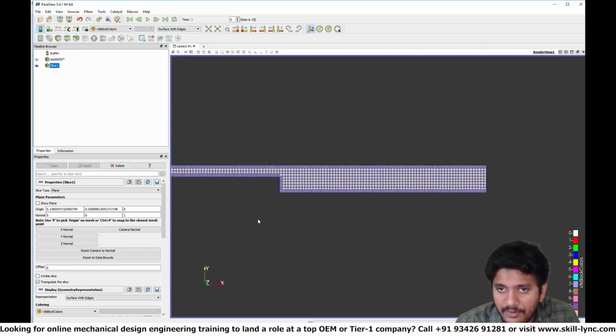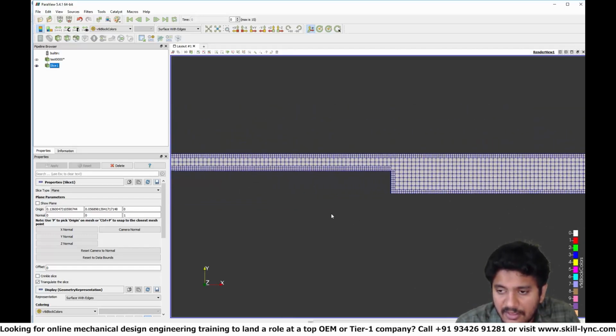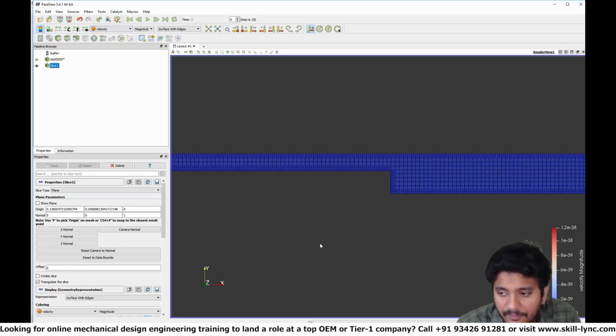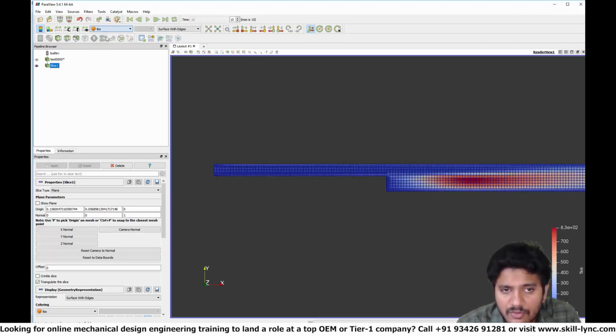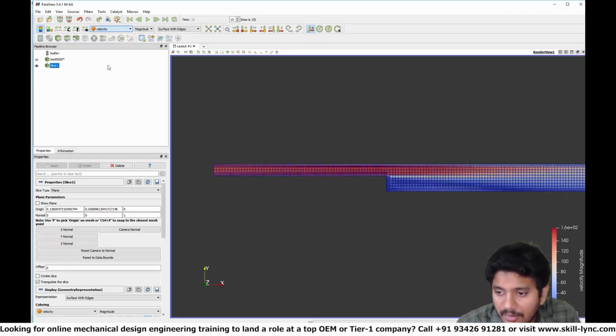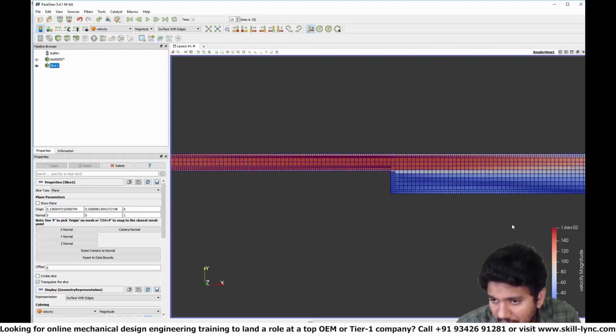All right, so now what we're going to do is we are just going to color this particular cut plane with velocity to see how the velocity profile looks like. So to do this, all you have to do is just select your slice, and then from the top just click on velocity. So this is my initial velocity field, and just go to the final one. It looks all red because your scale is messed up. So just switch to a different variable and then come back to velocity,